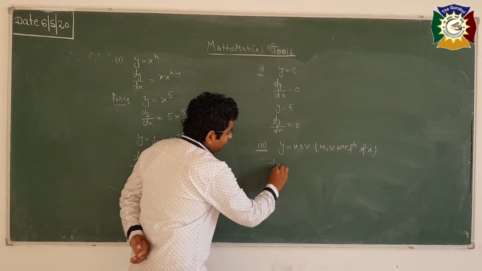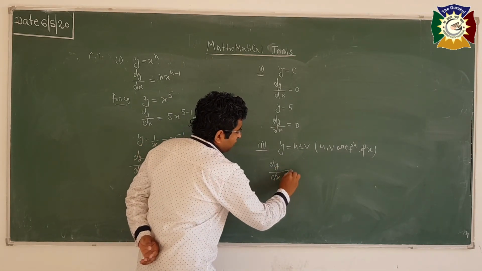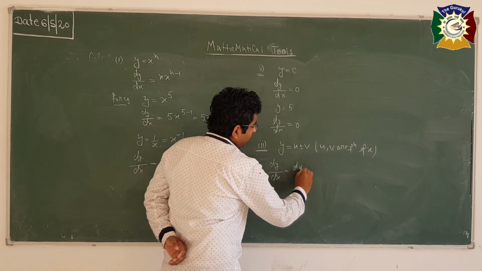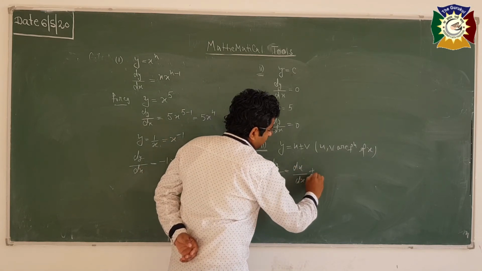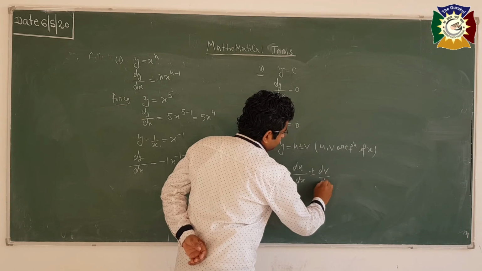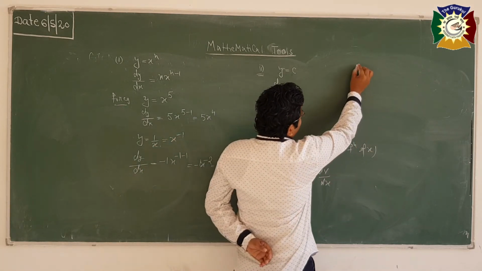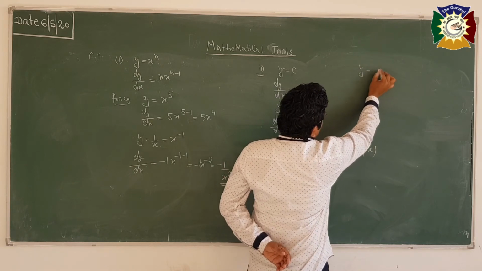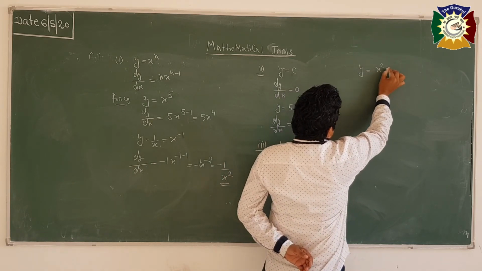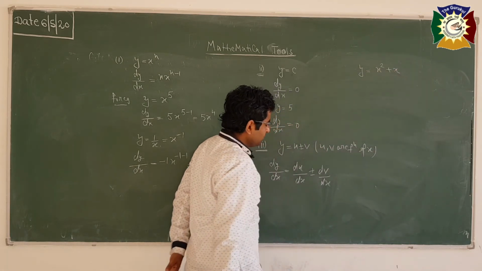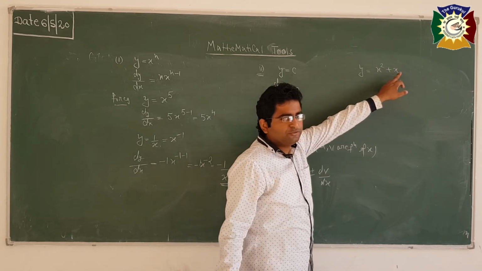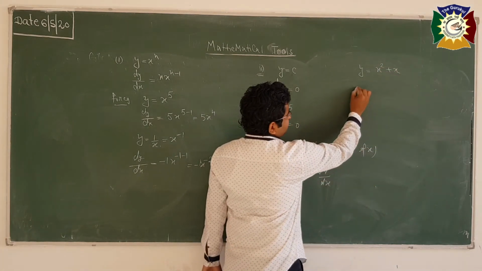Then dy upon dx, you will calculate as du upon dx plus minus dv upon dx. Suppose if I write y equal to x square plus x, if this is u, this is v, then dy by dx